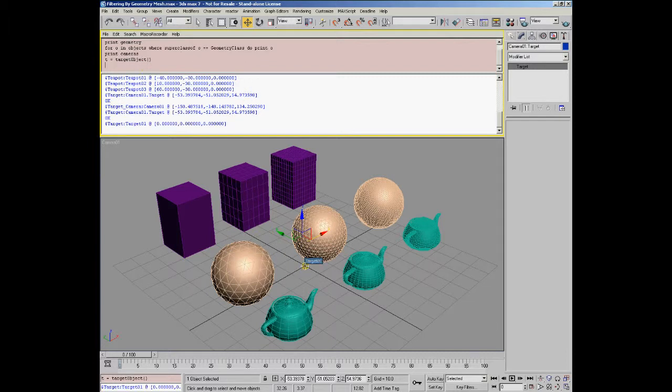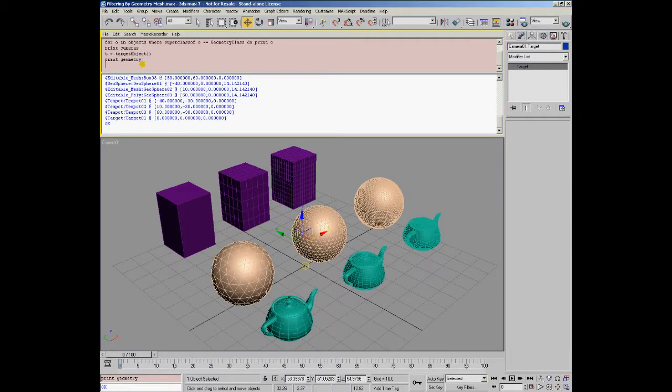This object, called target01, is again of geometry class, but if we now take a look at the geometry object set,